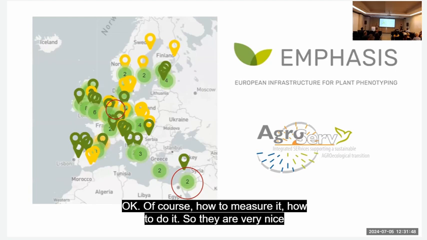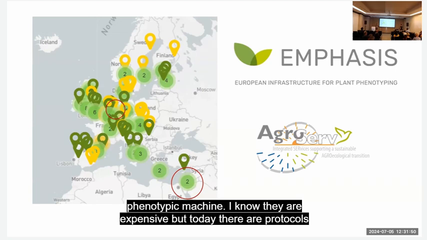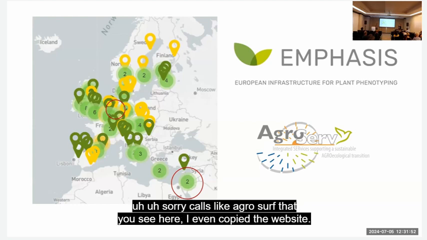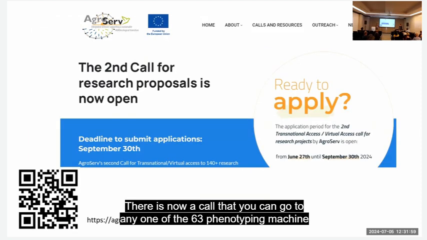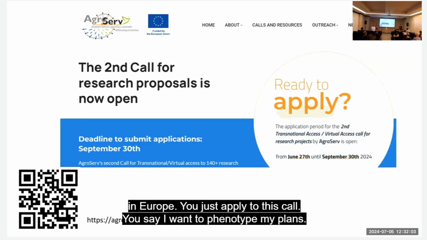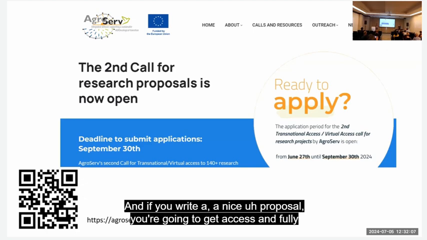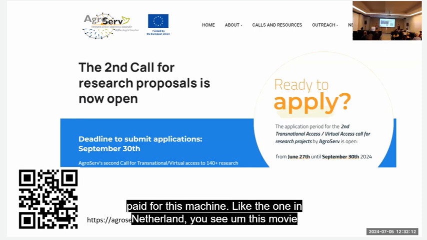Okay? Of course, how to measure it, how to do it. So there are very nice phenotypic machines. I know they're expensive, but today there are calls like AgroServe that you see here. I even copied the website. There is now a call where you can go to any one of the 63 phenotyping machines in Europe. You just apply to this call. You say, I want to phenotype my plants. And if you write a nice proposal, you're going to get access and fully paid for this machine,